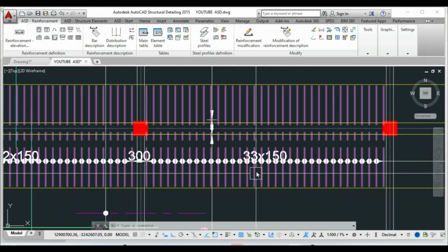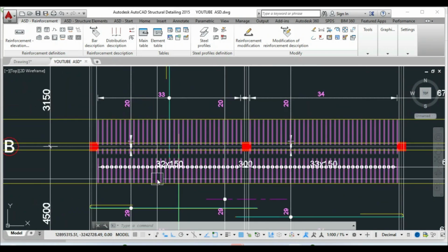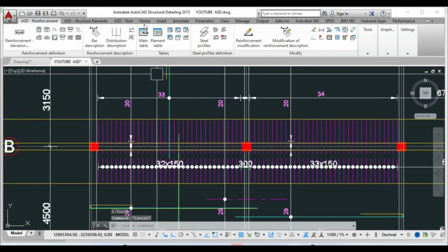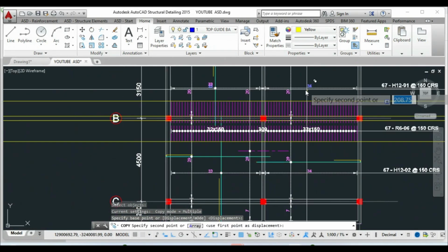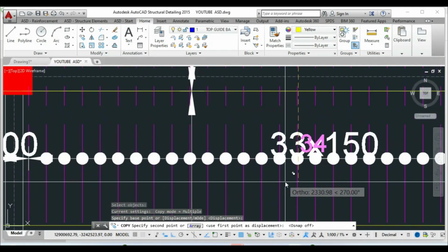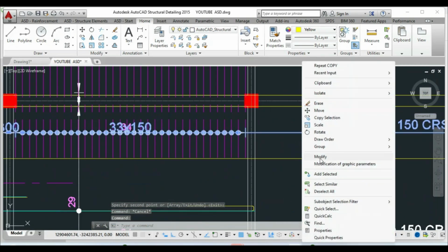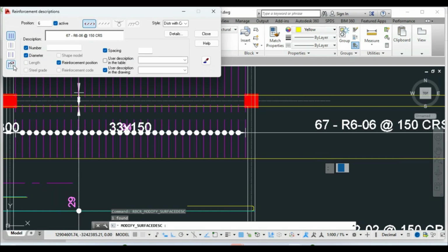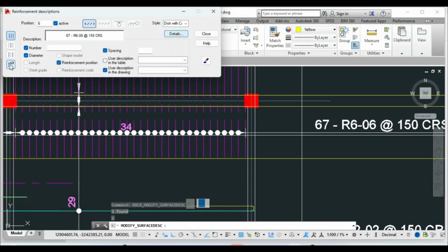So we have 33 here, so that is the number of spacing. So the number of spacing is 33, plus 1 will be 34, and here is 32 spaces plus 1 will be 33. So we can just straight away copy this and bring it down. So bring it down and enter. Then we can turn off the dimensions and select just the bar. So I'll go to details, uncheck these two, add, go click on this, close,